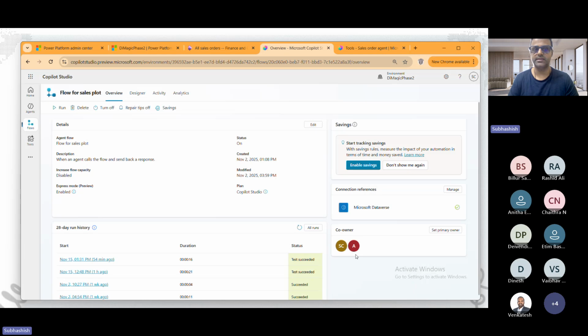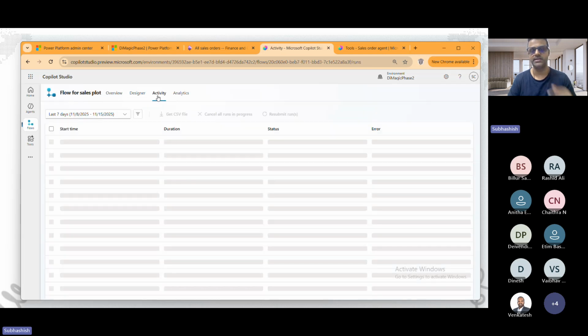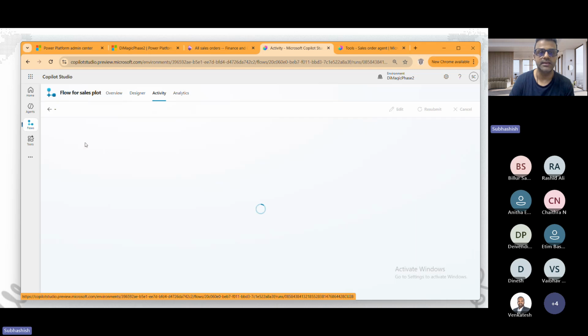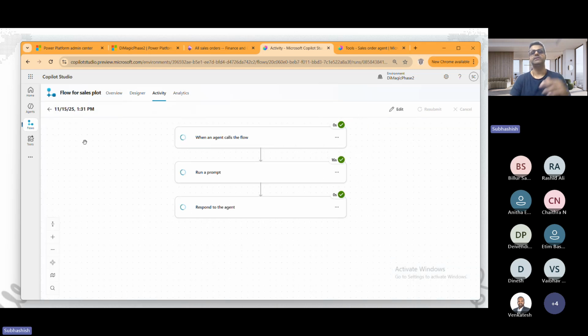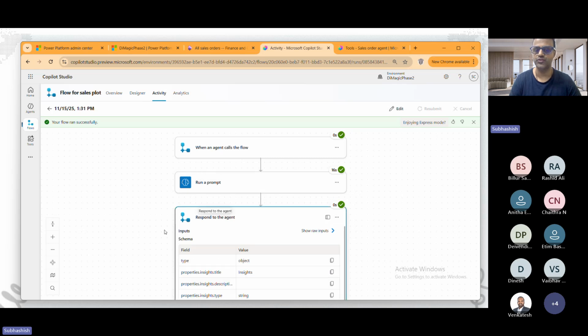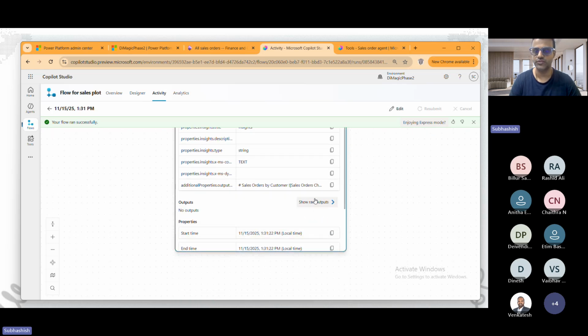So if I cancel this and go to the activity, which I just ran, and show you this activity, clicking on this, the activity is basically, as the name suggests, the list of the actions that just happened. And in this run of the prompt, if I go to respond to the agent, it's going to show you. If I go all the way down to